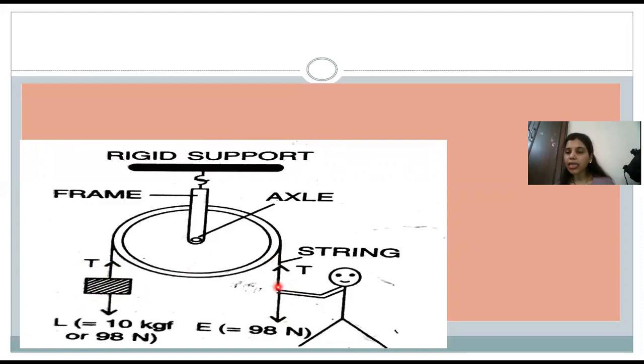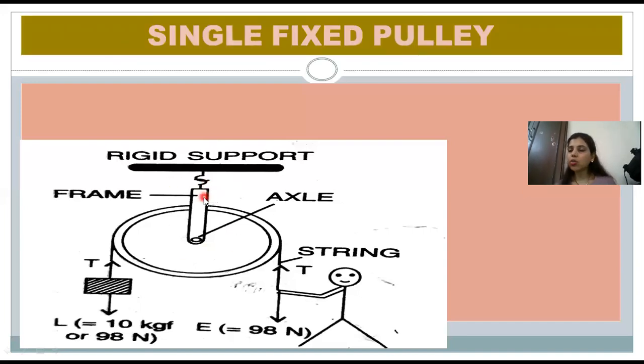So this marking is very, very important, utmost important. So for getting full marks, you also have to write the footnote, that is, single fixed pulley. And when you are observing this slide, please draw the diagram in your notebook along with it when the explanation is going on. Now, what is this known as single fixed pulley?